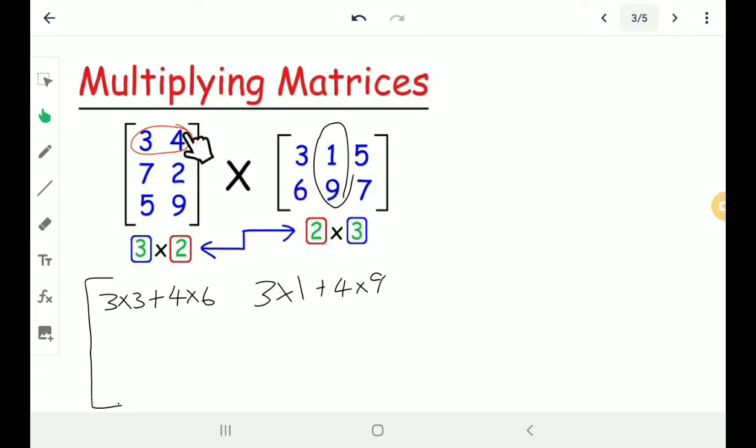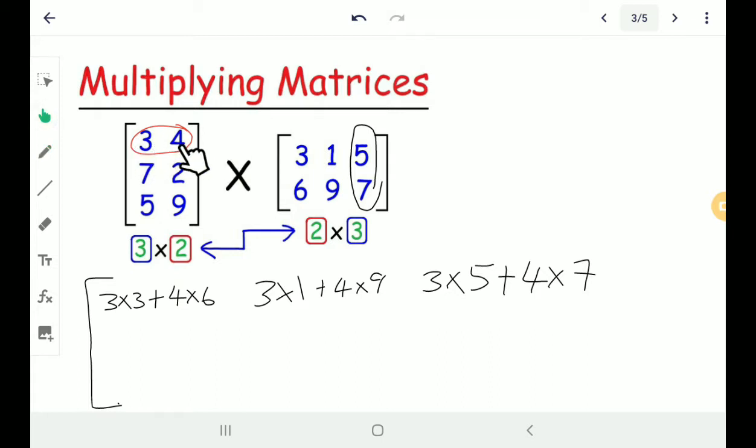And then now we're going to multiply this row by the next column, which is 5 and 7, the elements with 5 and 7. So let's go. We're going to multiply 3 times 5 plus 4 times 7. Are we finished multiplying this row by all the columns? Yes. So now we're going to move on to multiplying the second row